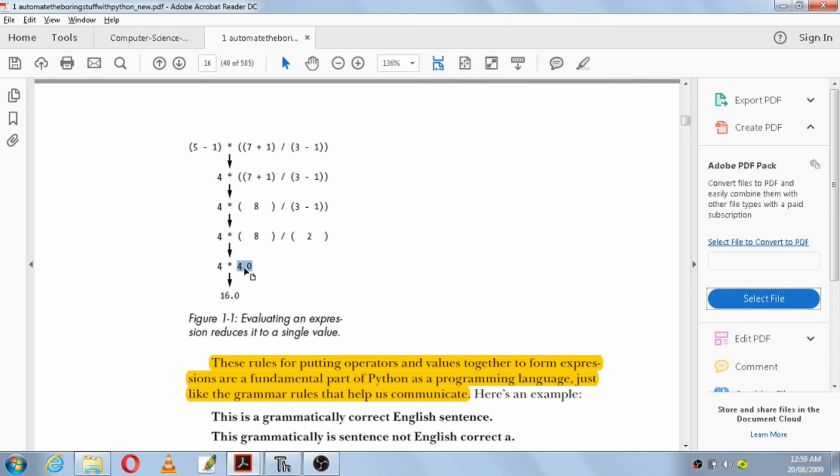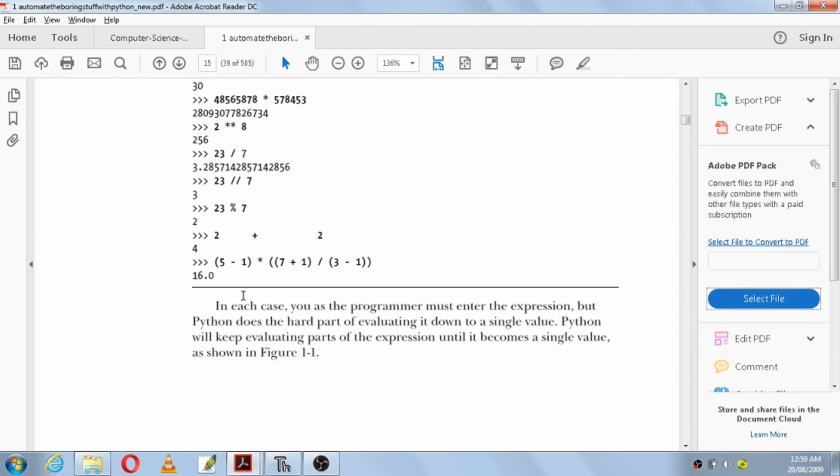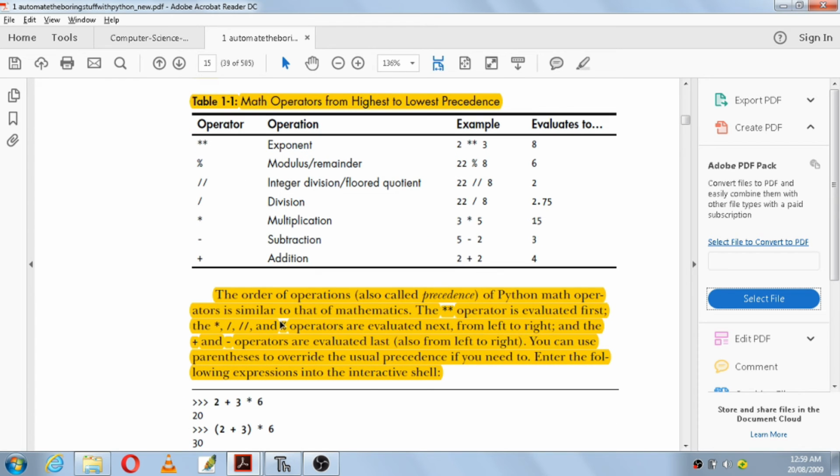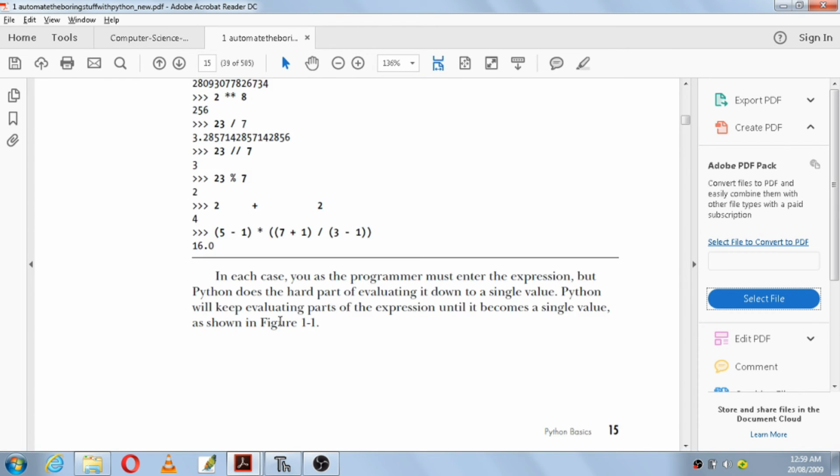Integer into float value: float has a higher precedence than integer, so obviously the value will come in terms of float. Okay, so this was all about the mathematical operators used and their precedence, as to which will have the highest preference if they are used all together in an expression. So first preference goes to exponent, then to multiplication, division, and later priority to addition and subtraction. And if you want some expressions to be evaluated first, then you put them in parentheses.